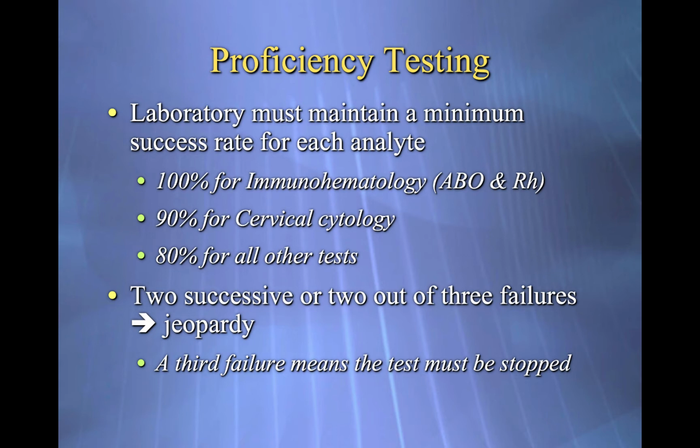If you have 2 successive failures or 2 out of 3 failures, that means your test system is in jeopardy. And if you get a 3rd failure, you must stop that testing, go back, revalidate it, relook at it, do whatever you need to get it back in working order. And typically, most labs would do another set of proficiency testing, maybe an old set, and then look at the values and say, yeah, okay, now we're back on par, and now I've documented all that, and now I can